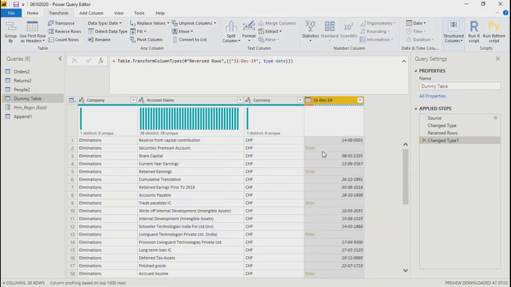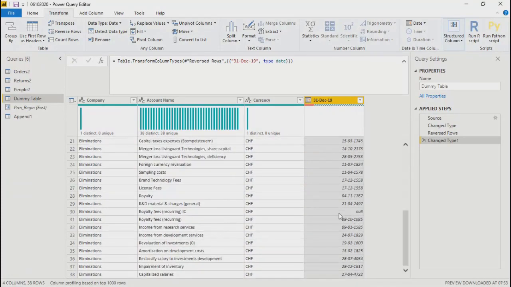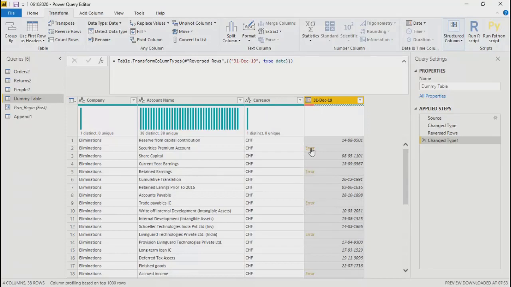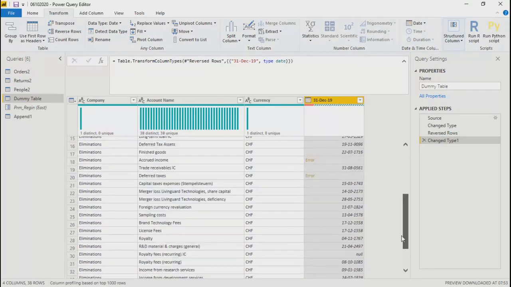Now the challenge is that in a few places the value is not compatible with the date type, so it is giving you an error. For example, over here it is null, and then error and error. Looking at the numbers, it doesn't look like a date.